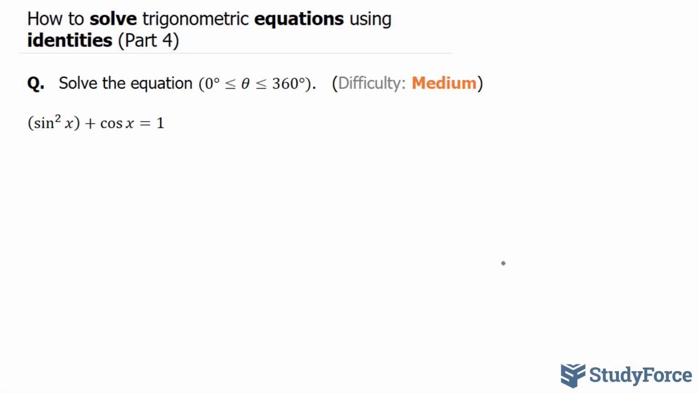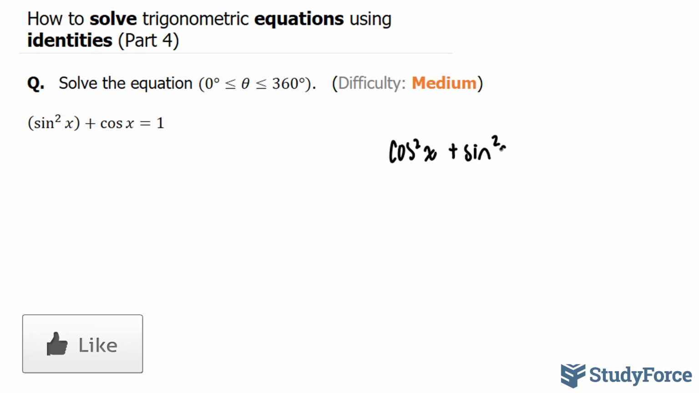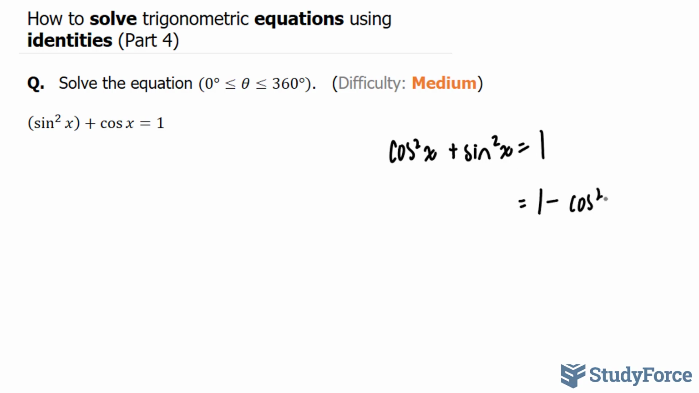You'll notice that this equation contains three terms. Sine squared x can be converted into cosine using the following identity. Remember that cosine squared x plus sine squared x is equal to 1. Bringing cosine squared x to the other side gives us 1 minus cosine squared x, and we can replace sine squared x with the right side here, giving us, rewriting this, 1 minus cosine squared x